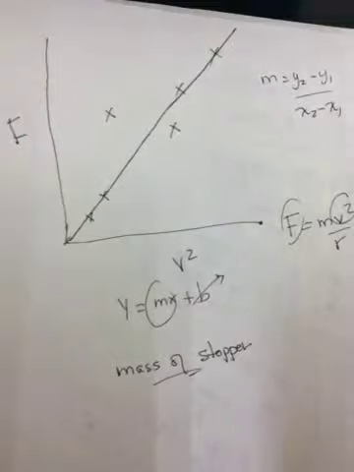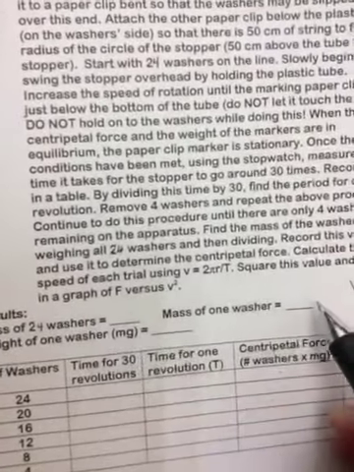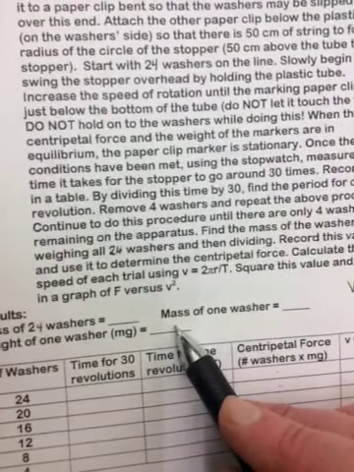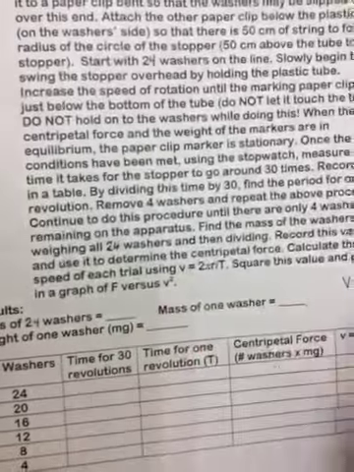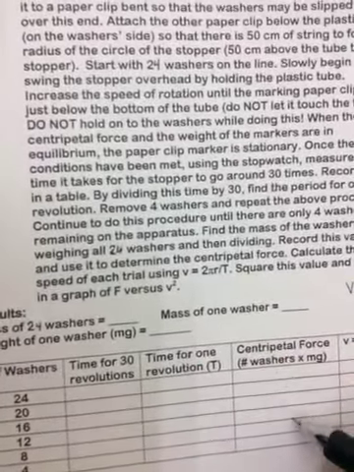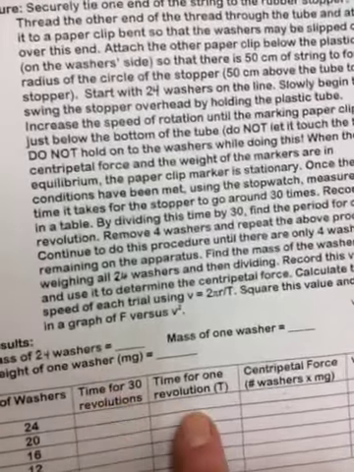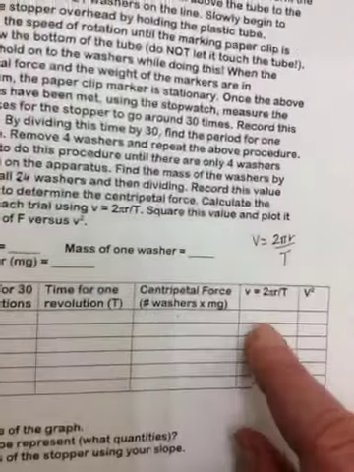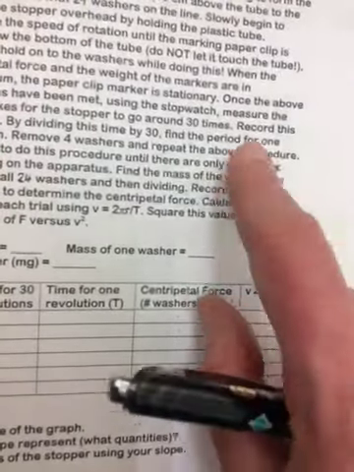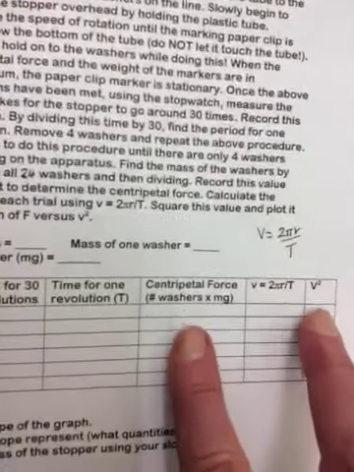Okay, so again, take the mass of 24, divide it by 24 to get the mass of 1, multiply that mass of 1 by 9.81 to get the weight of 1. And then for the centripetal force, it's that weight of 1 times 24 times 20 times 16, etc. You take your time for 30 revolutions, divide it by 30, and then do v equals 2 pi r over t to get your speed, where r is 0.5 of a meter. Once you have that speed, square it. And then it's these 2